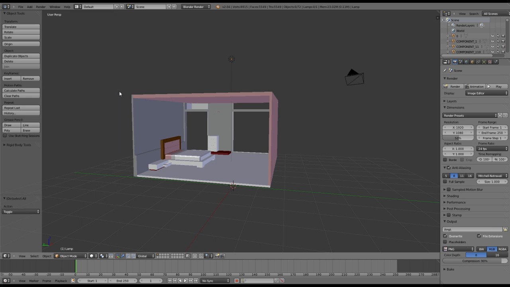So if I click with my left mouse button and drag across, then everything that I have dragged across will be selected. Right, so I'm just going to unselect that lamp with shift right click. From here, it's very simple. You just go Control J, J for join, and make sure you have